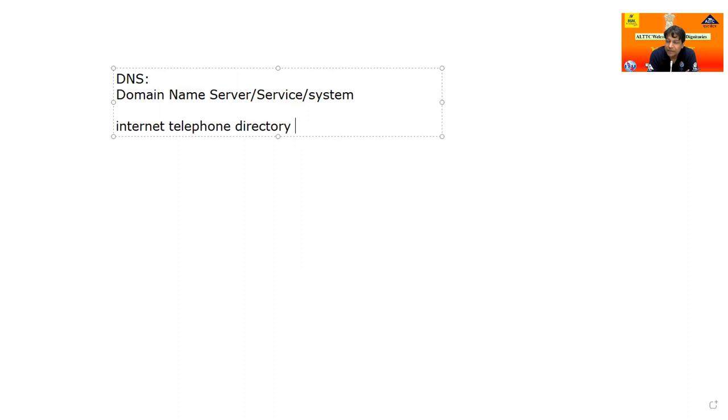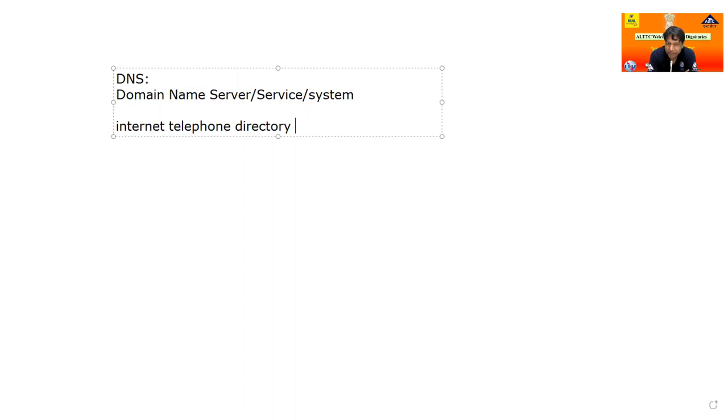So in your network there is a mechanism available: if any user types www.facebook.com in the web browser, my computer first goes to that server. It tells which IP address this website relates to, resolving the website address to an IP address. This is the DNS server. A DNS server simply gives the IP address of every website.